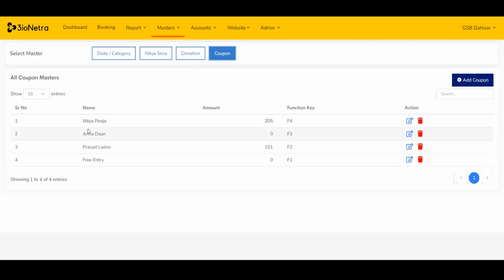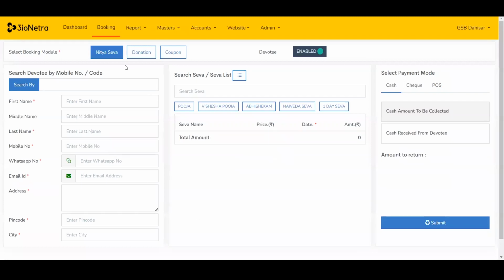So, for example, you have Annadana Seva, you have Laddu Prasad, free entry. A token is generated against each of the coupons that you have added. So once we're done with filling up the masters, we'll go to booking. So this is where this booking is done in a one screen window wherein you get the devotee's detail,